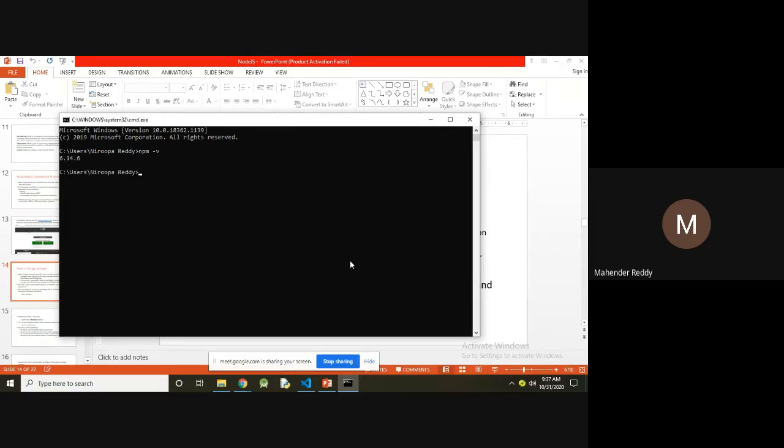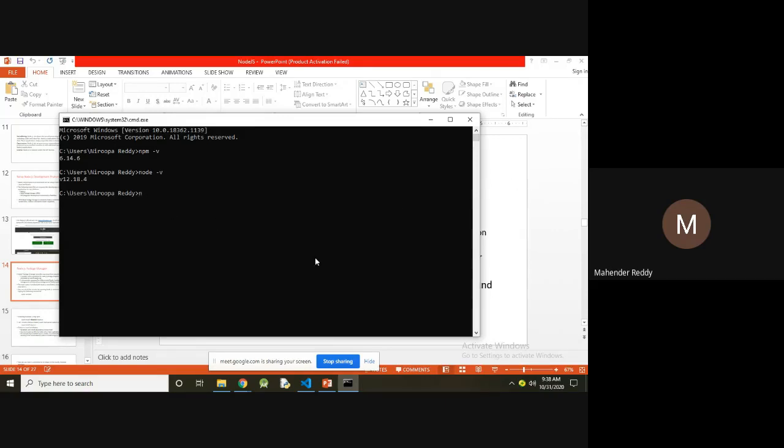Here the npm version, the Node Package Manager version, is 6.14.6. And node -v gives the Node.js version, that is 12.18.4, and the npm version is 6.14.6. Whenever you install Node.js, npm is automatically installed also.